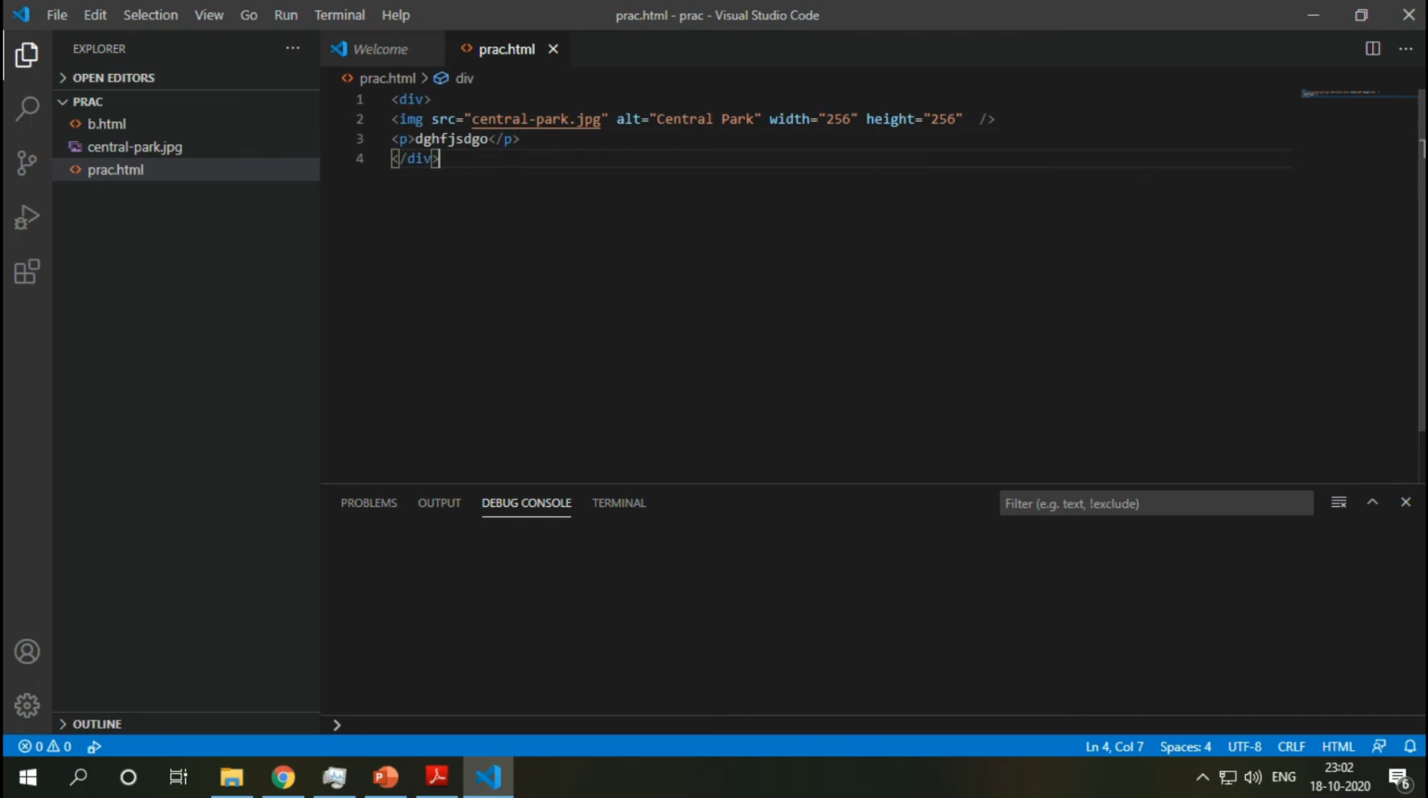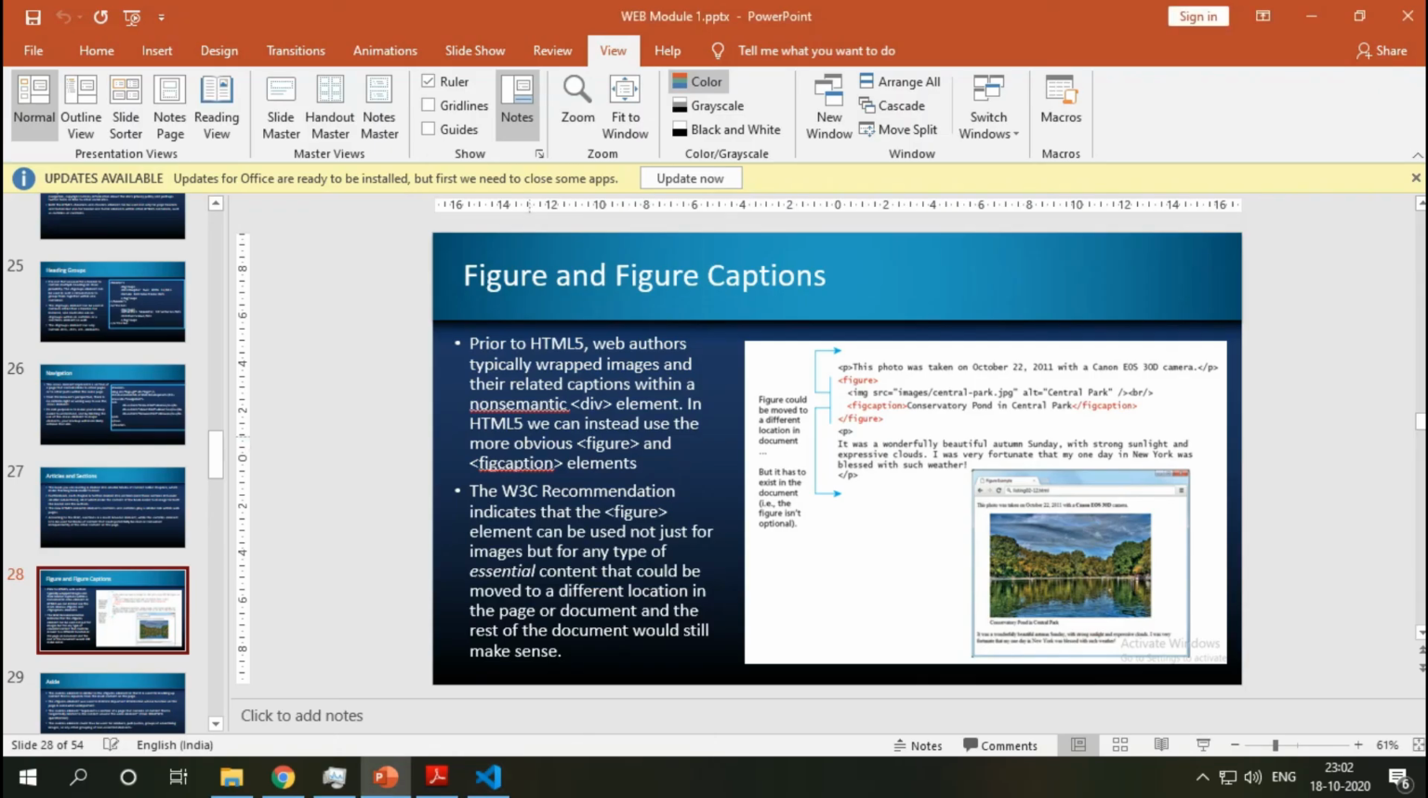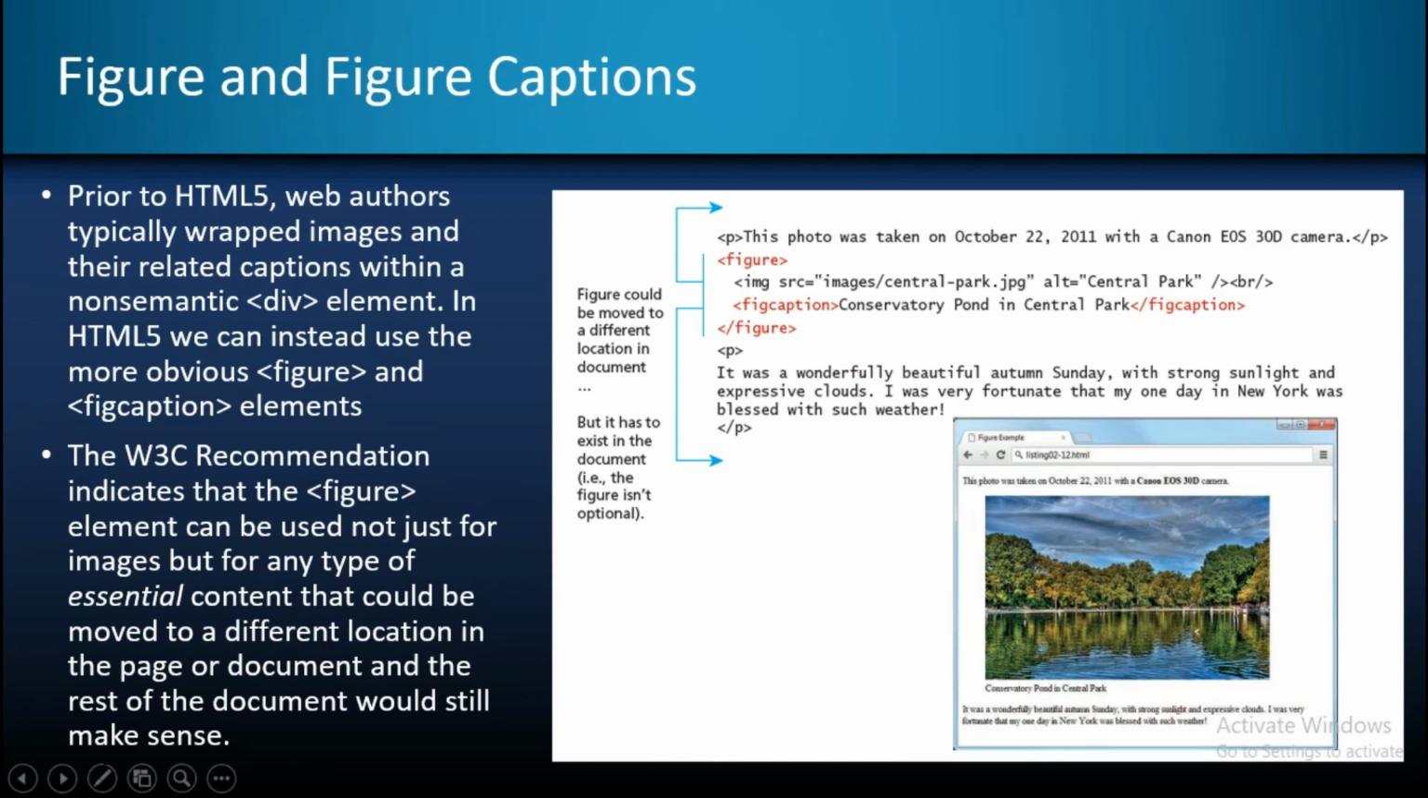So to remove this confusion, they came up with figure and figure caption. What are this figure and figure caption? See here in the image, this is the paragraph: this photo was taken on October 22, 2011 with the Canon EOS 330D camera. Then we need to display a figure, an image. So they used a figure tag. So figure, then the image that you want to display, then break tag, then figure caption, the figure description, then